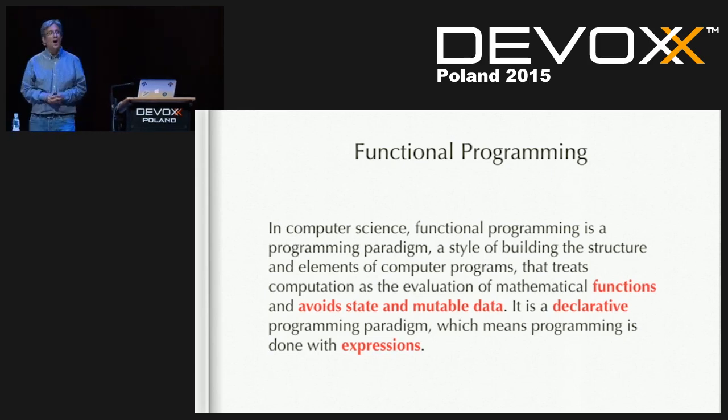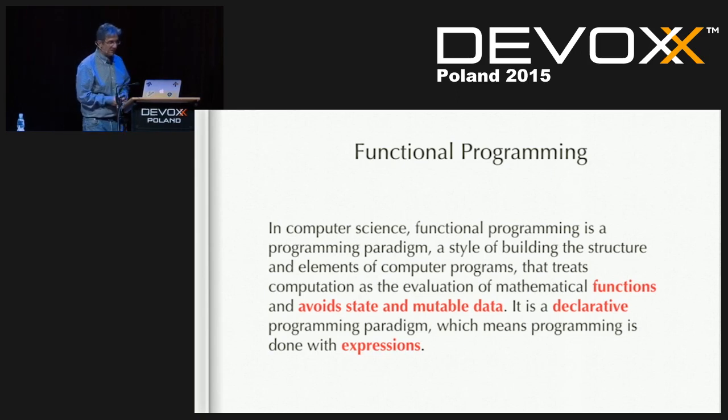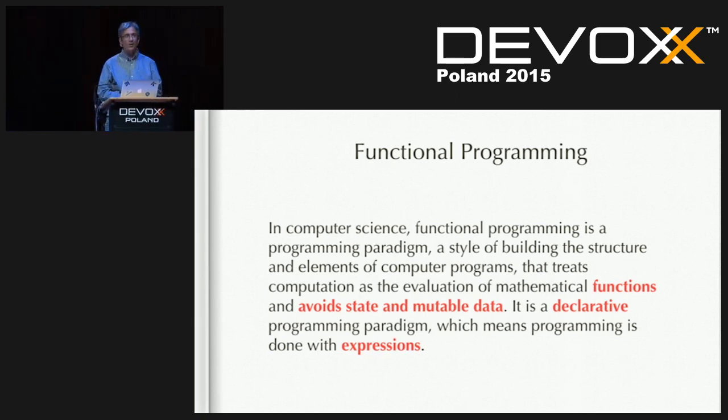Fantastic. Other than saying that I read really well, what does that tell us? Not much. It does, however, highlight a few things. Which are the important things in that sentence? I'll give you a hint, they're in red, they're bold, right? So functions, avoid state and mutable data, be declarative and work with expressions. That's what it's saying. So let's go figure out why we have to do these things and become functional.